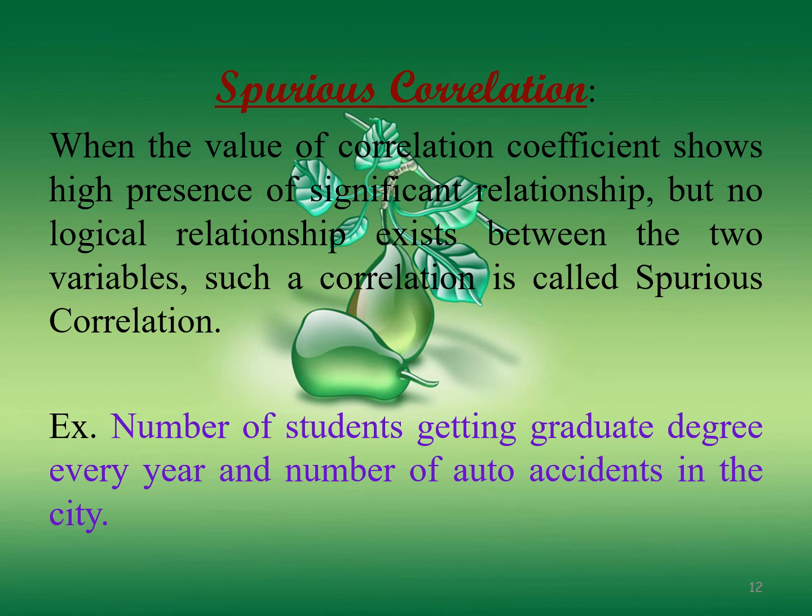Sometimes it is found that though the variables are not logically related to each other, the coefficient of correlation obtained between the observations of those two variables turns out to be positive or shows strong correlation. Such a correlation is called a spurious correlation, where the variables are not logically related, but the observations on the variables show that they are strongly